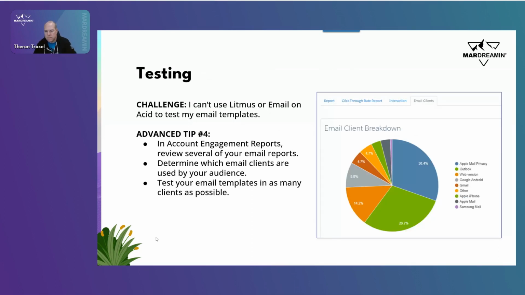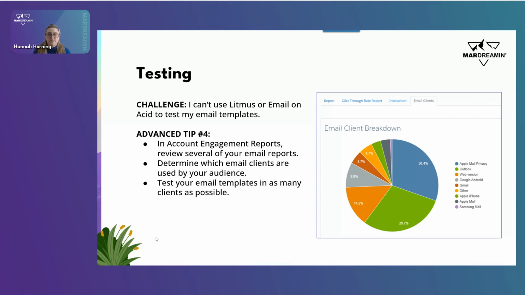All right, testing. Testing is a big thing. Something you're not going to be able to do with the Lightning Builder, which can be a little frustrating, is use something like Litmus or Email on Acid to test your templates, if you're used to something like that. The workaround that I've found has worked okay, it's definitely not a one-to-one replacement, but it does help, is to review your Account Engagement reports just after you send an email